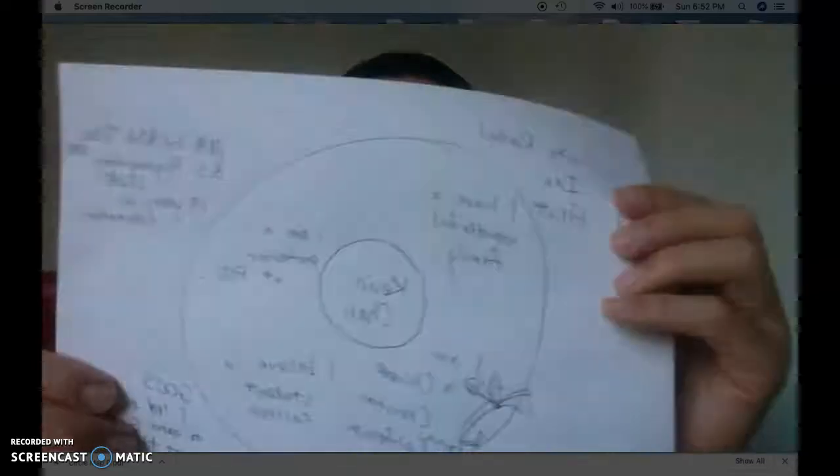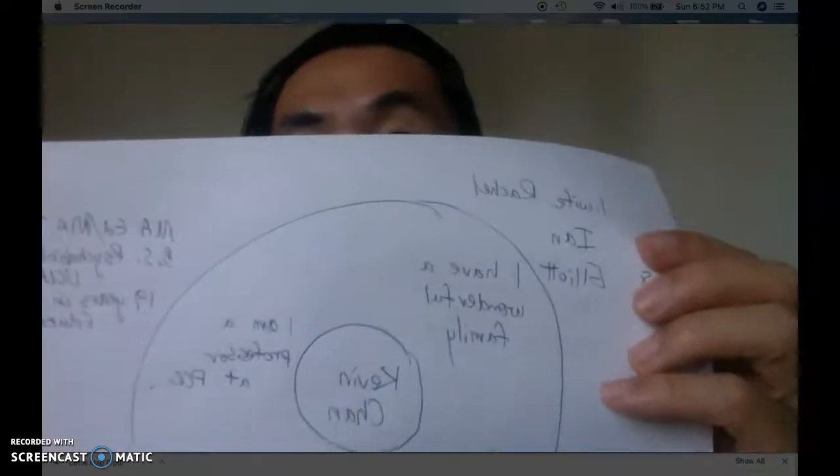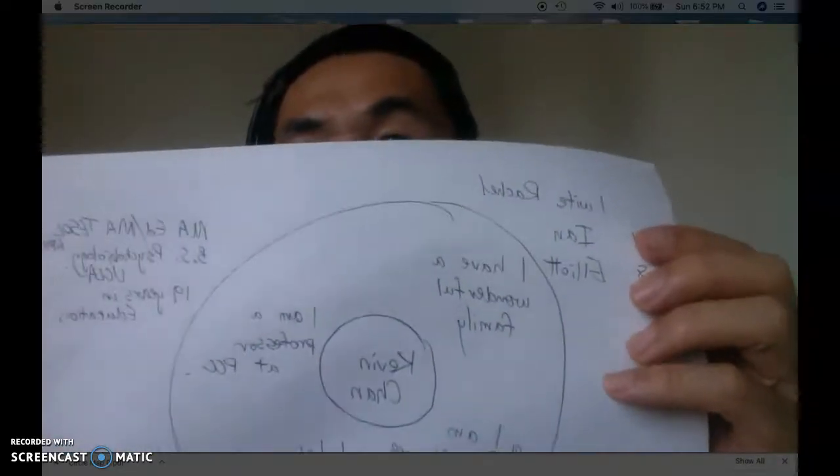So let's get started. You've seen my sample circle map and you have now written 3 statements about yourself. In addition, you have specific details that help you explain more about these statements and what they mean to you. Take a picture of the circle map. You can use the camera function and go to photo right here.